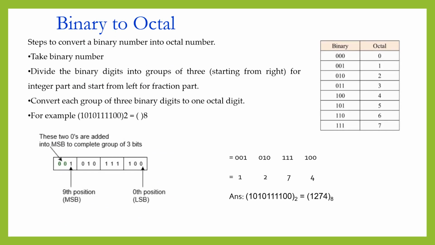Now we are going to learn the next number conversion, that is binary to octal. To convert a binary number into an octal number, first take the binary number and divide the binary digits into groups of 3, starting from the right for the integer part and from the left for the fraction part. Convert each group of 3 binary digits to one octal digit. For example, convert the binary number